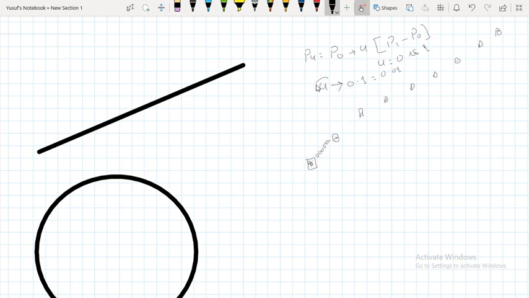So the incremented value depends upon the length of the line. If the length of the line is very large, I have to take a very low incremented value. If the length of the line is small, then I can take a larger incremented value. Suppose I fix the incremented value, what will happen? The large length will be constructed very fine, and the small length will be constructed as a very thick line. The crowded points will be there, so we will get a thick line if I fix the parametric value for the large length and small length. For the large length, I will get a fine line, and for the small length, I get crowded points.